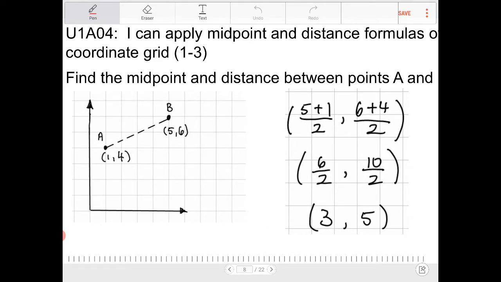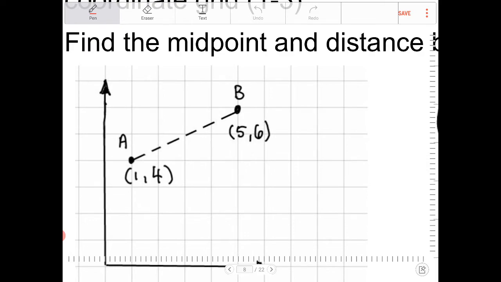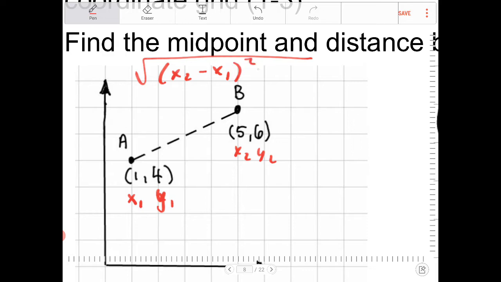So the next thing is we've got to figure out what the distance is between A and B. And yes, we can still continue to say, oh, x1, y1, x2, y2, and apply it to this big formula: x2 minus x1 quantity squared plus y2 minus y1 quantity squared, and then take the square root of that whole thing. We can certainly try to do that. Or alternatively,